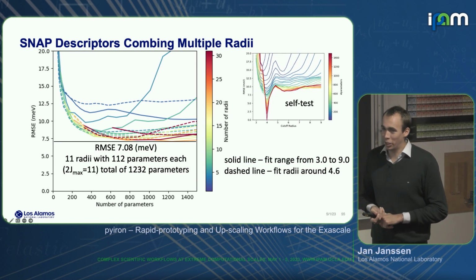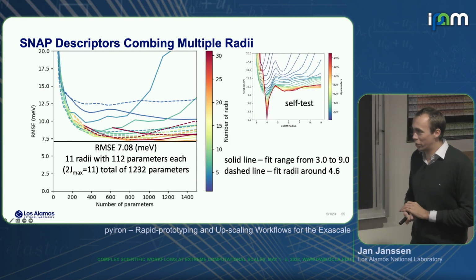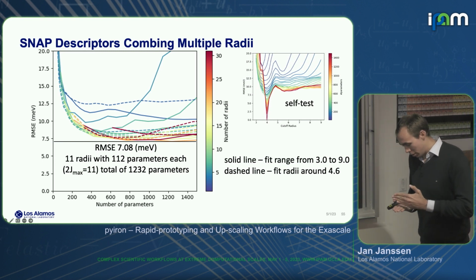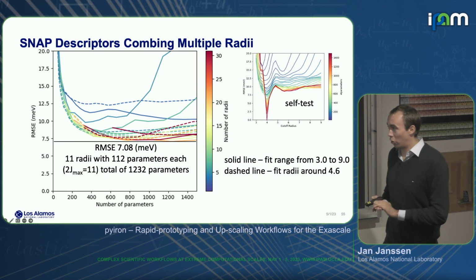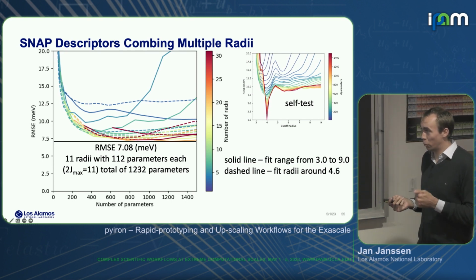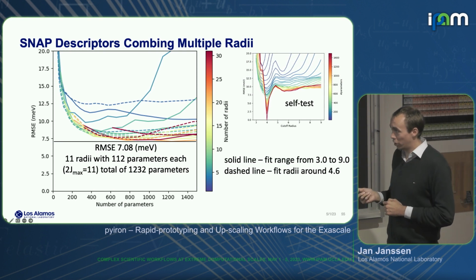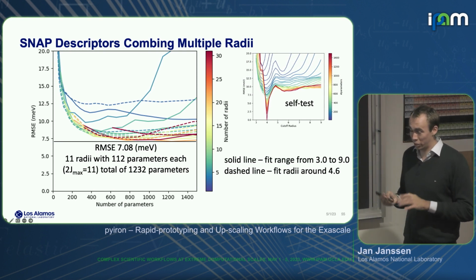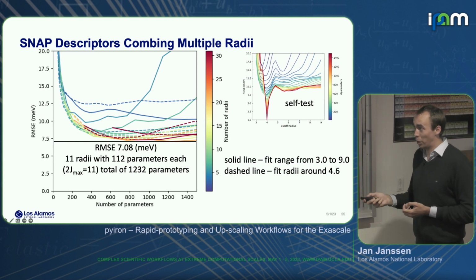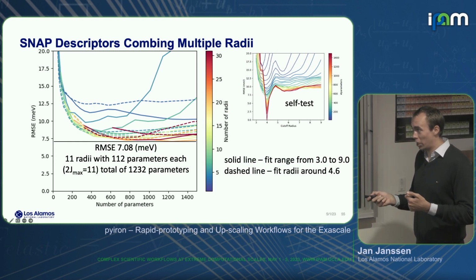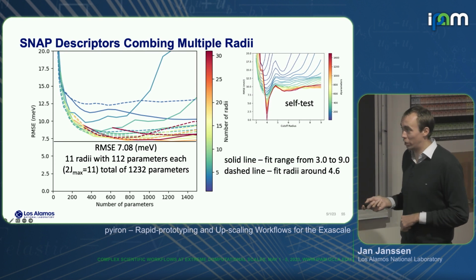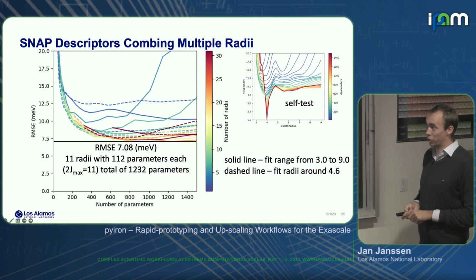Then we realized, okay, let's do just a self-test, right? So just get a feeling how dependent the SNAP potentials are on the specific cutoff that we choose on this data set. We said we take one potential at a 4 angstrom cutoff, with a maximum number of parameters, just a linear potential, and then we fit the other potentials to this potential. And we expected that if we go for larger cutoffs, there should be just a small increase in the error, or maybe even more or less stay constant there.